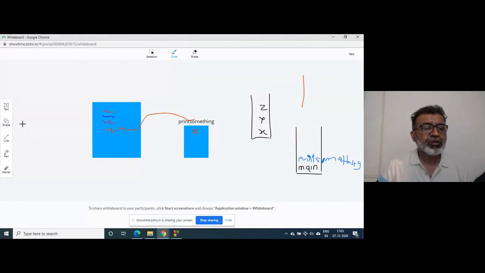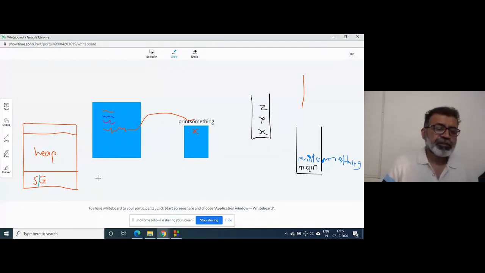Here I will draw. So this was the data segment. At the top there was static, this is the heap, and this is the static and global memory area.